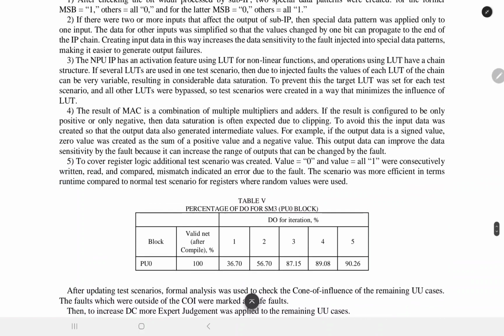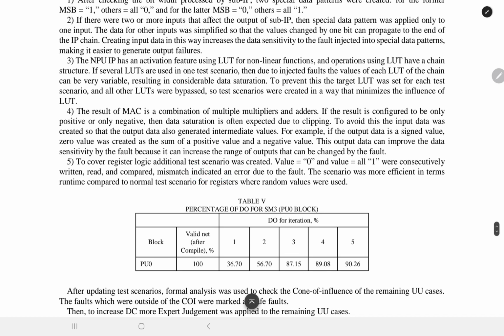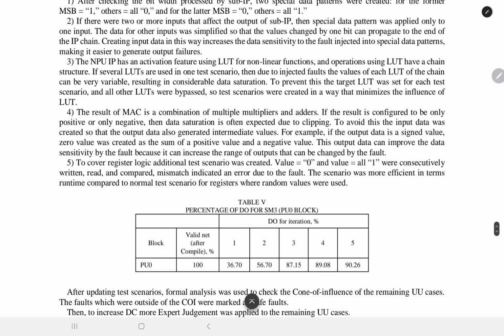Then number 5, to cover register logic, an additional test scenario was created. Value 0 and value 1 were consecutively written, read, and compared. Mismatch indicated an error due to the fault. The scenario was more efficient in terms of runtime compared to normal test scenarios for registers where random values were used. Table 5 is the percentage of DU for